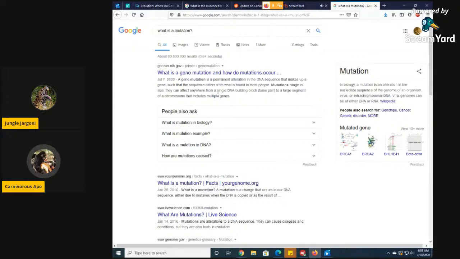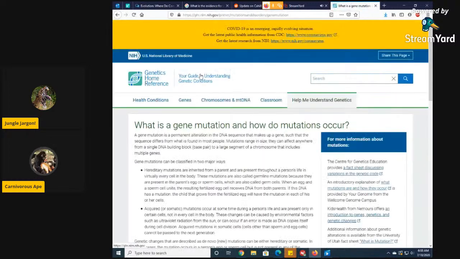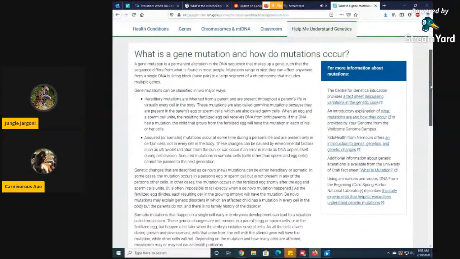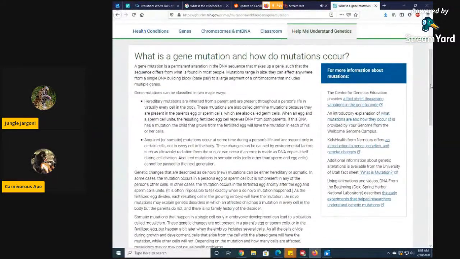Okay, so it's a permanent alteration. It is not a copying error. Yeah, it's a copying error. No. Down syndrome is a copying error. Will you agree with that? It's an alteration. Yeah, but like I said, not all mistakes are going to result in Down syndrome. That's what I'm saying. Down syndrome is a copying error. That's literally an extra copy of a chromosome. Okay, well, yes, it's a mutation. But Down syndrome is not the only mutation we have.